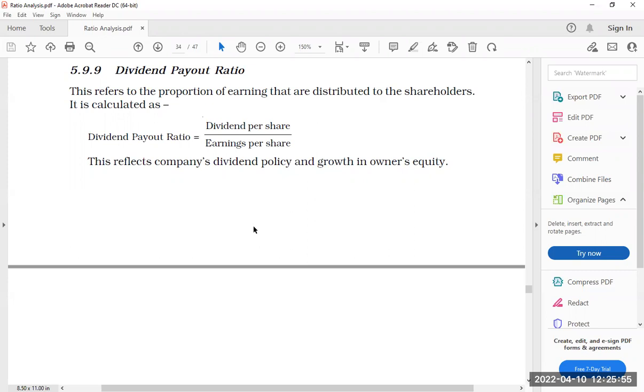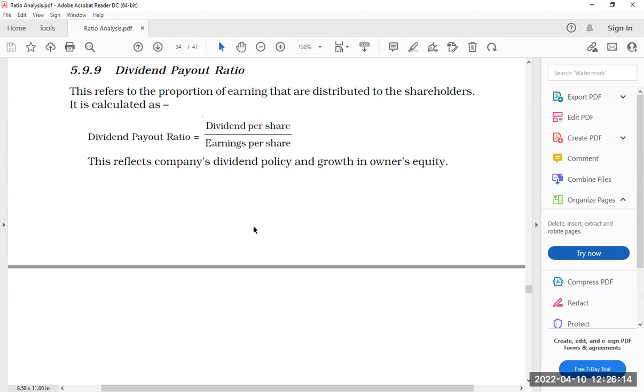So what is the DP ratio now? In this example, what is the dividend payout ratio? What do you call as payout? What you are paying out is called payout. How much I am paying out now in this example? 2 rupees. Out of how much? 10. So what's the ratio? 20%